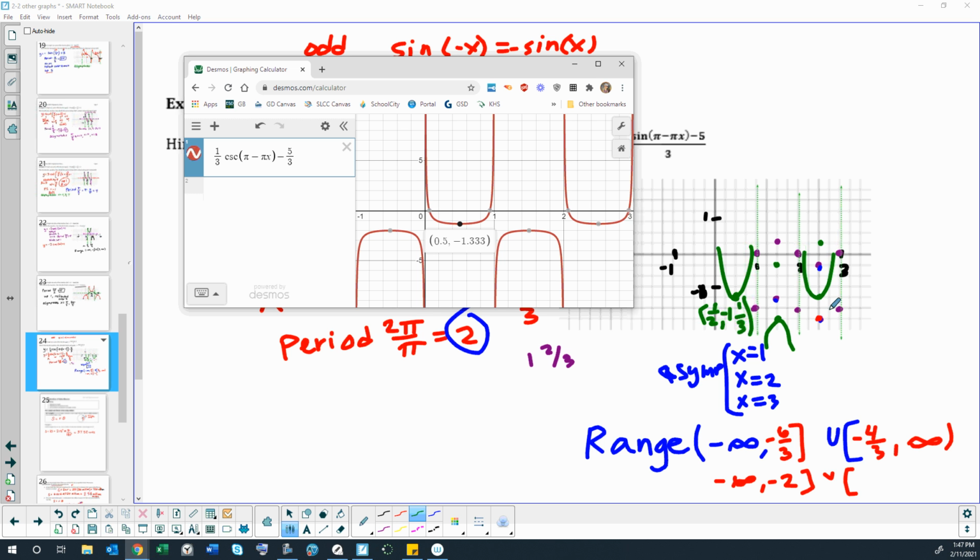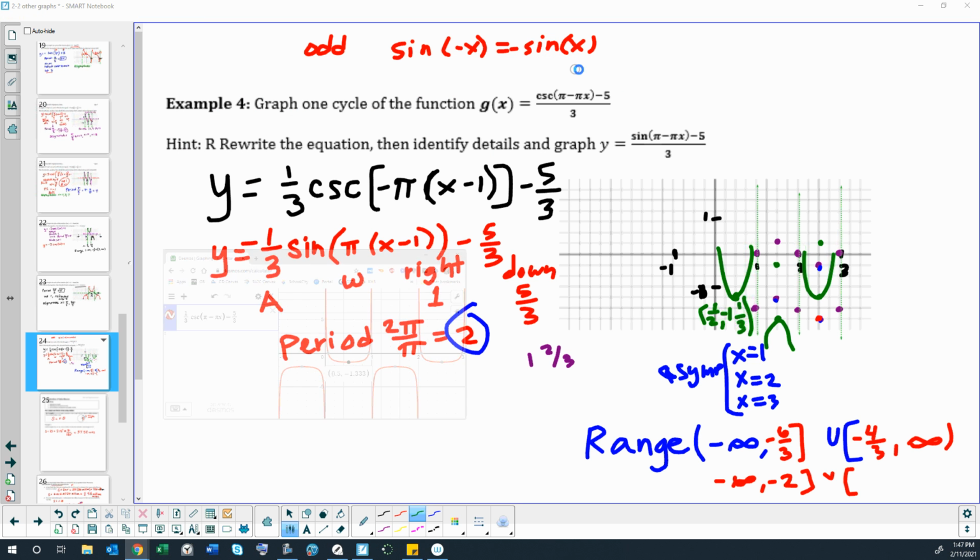This graph looks a lot different than this just because of the way it's been scaled, because these are counting ones, these grids, and on my grids I counted 1 as 3 grid marks. So it makes this look a lot more squished vertically than this one does. But it makes sense that it looks more squished vertically because that's what that 1/3 is doing, is squishing it, compressing it vertically. Like I said,